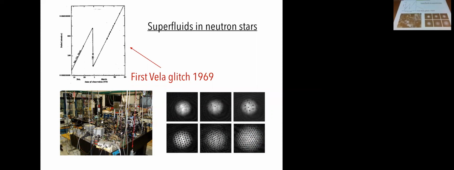So what's happening is here, this is the period of the pulsar versus time. The period is increasing, which is what you would expect because you have a magnetic field, so you're emitting electromagnetic waves. If you just take dipole radiation, you extract energy from the rotation, you spin down, but then suddenly here there was this jump that's instantaneous to the accuracy of the data. We can do a bit better now, but it's still not resolved. The best upper limits for the Vela pulsar are around 40 seconds for this event to occur. So there's this sudden jump, and then you start to spin down.